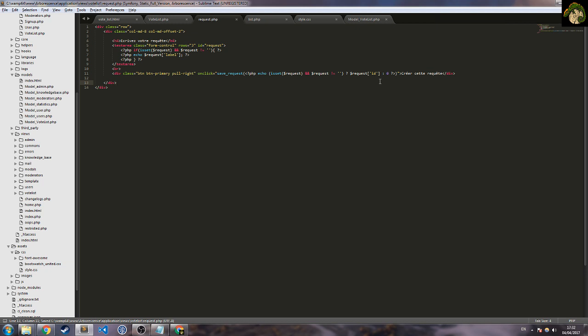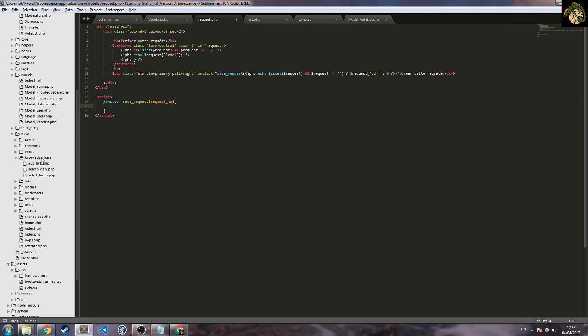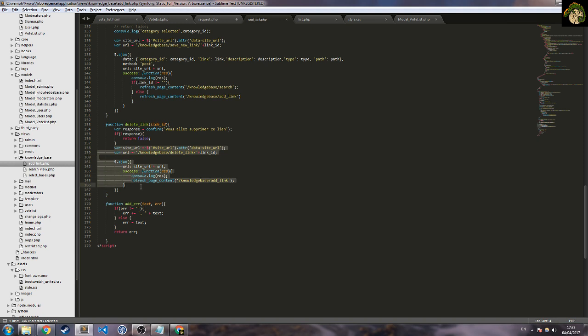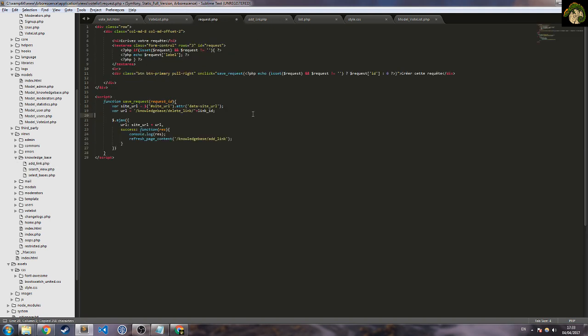Okay, so I can save this, and now I need to make my script to create a function to save the request with the request ID, and now the fun will begin. This is where we need the Ajax and so on, so I will just copy paste from previous things. Okay, so here voteList, and here is like saveRequest, and here we put request ID. No, let's not do it like this. Okay, so if we have request ID more than 0,